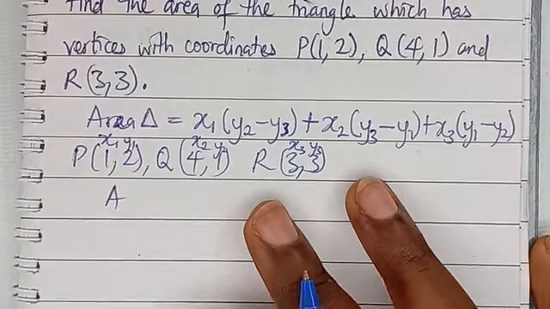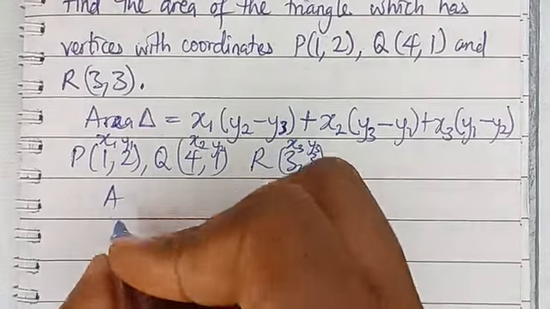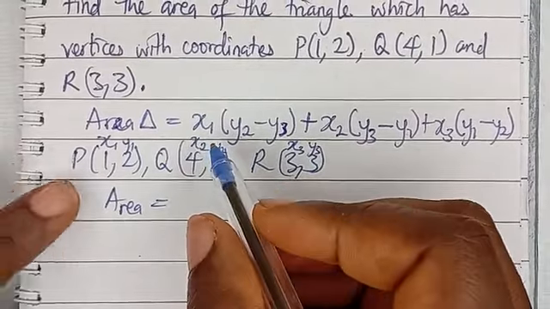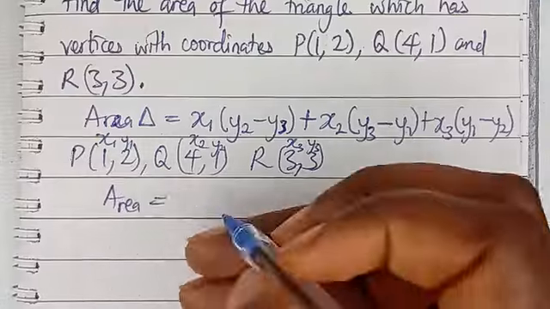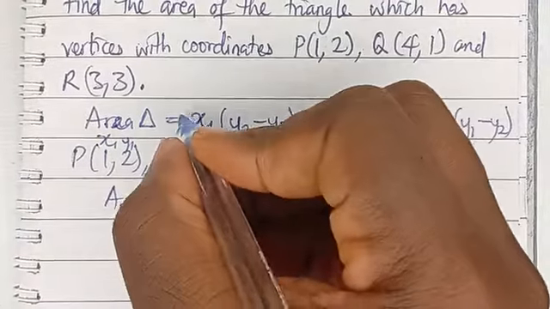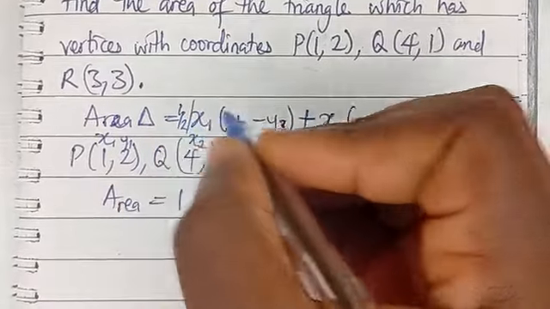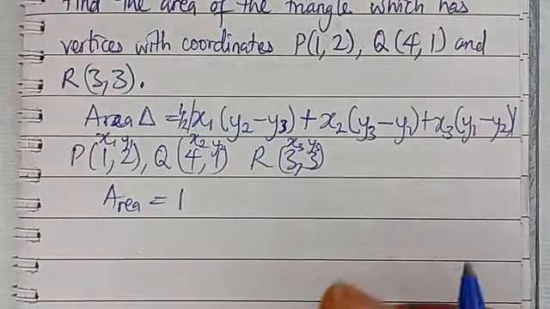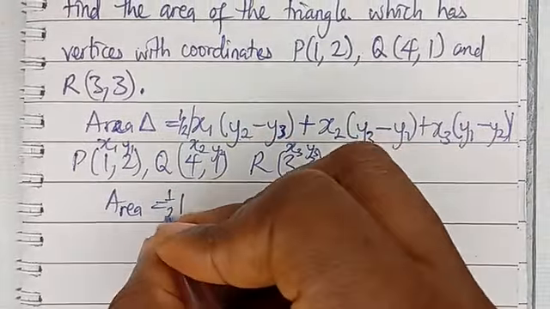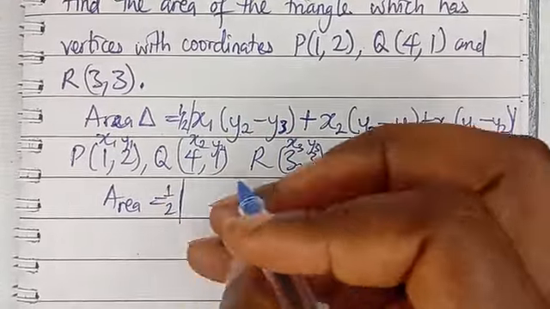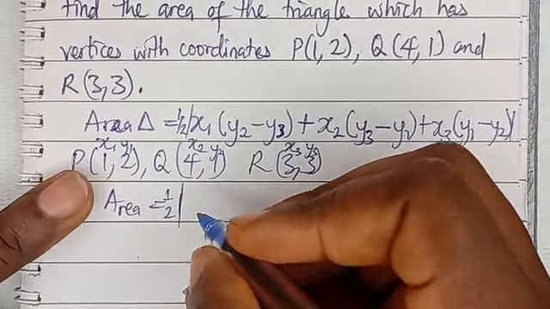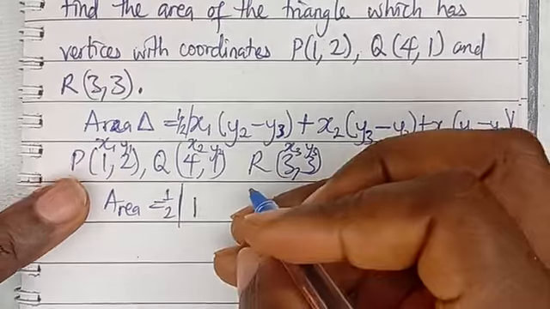We have that the area of that given triangle is equal to, we start with x1. x1 is 1. No, that is half of the absolute value of all these. I omitted that. So we have half of the absolute value of, x1 is 1,